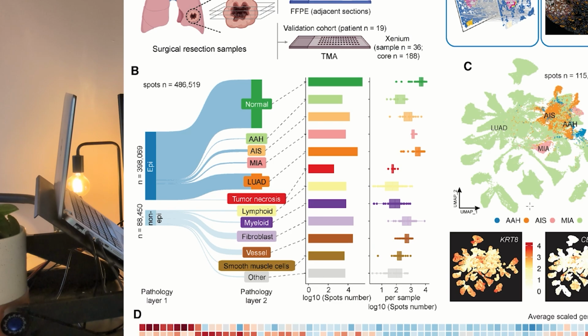Okay, so figure 1b shows the breakdown of more than 486,000 spatial spots grouped into epithelial and non-epithelial compartments. The key point here is how rigorously pathologists annotated every spot. We've got normal alveoli, precursor lesions, invasive tumour regions, lymphoid aggregates, stromal areas, vascular structures. It's all integrated. This careful annotation is what allows the latter analysis to link spatial gene expression directly back to